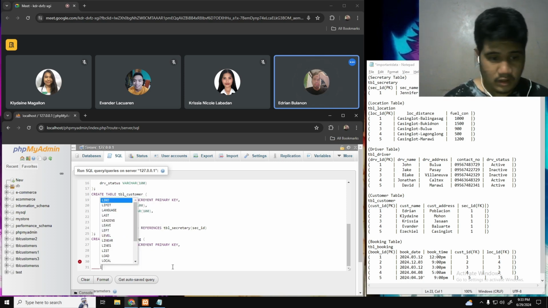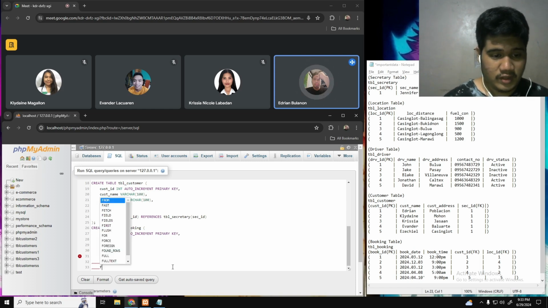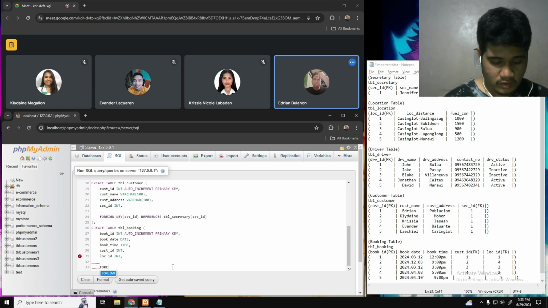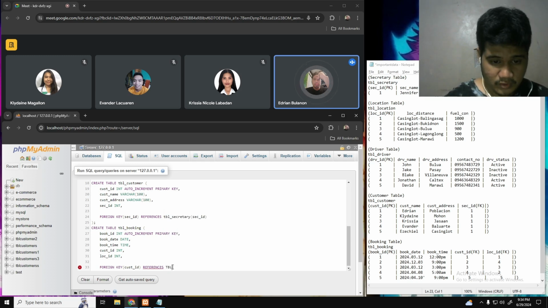and location ID integer. Then since there are two foreign keys from table booking, we're gonna query two foreign keys. So, foreign key, and first is the customer ID, and then referencing from where customer ID is from. So since customer ID is located in table customer, we're gonna input table customer here.